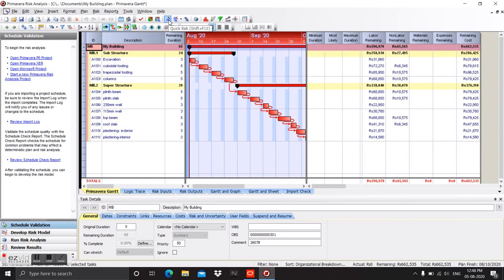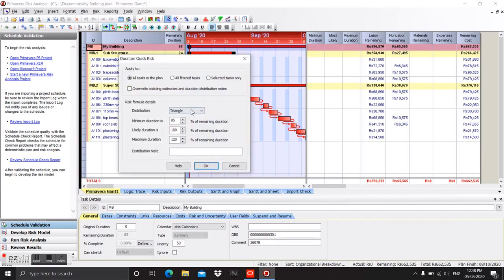And now we will go to the Quick Risk option to enter the minimum duration, most likely duration, and maximum duration of this project for each and every activity. So here you can see you have to choose all tasks in the plan option and select the triangle distribution, and here you can give your own values for minimum, most likely, and maximum duration.